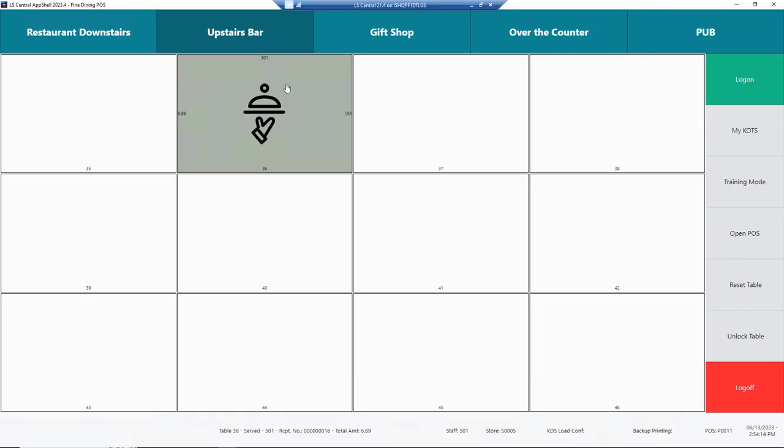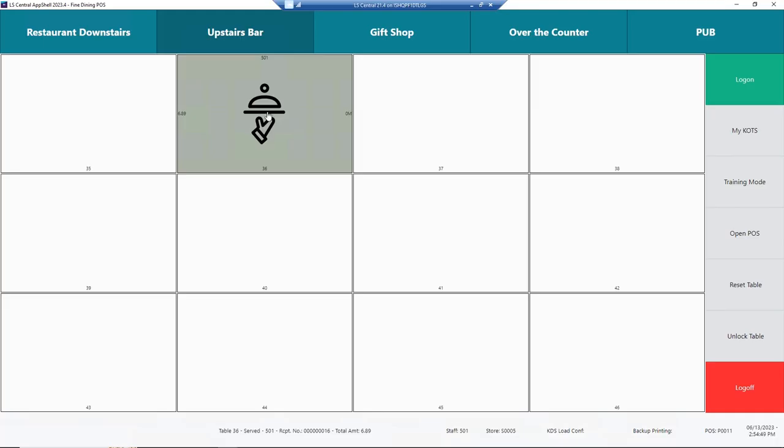Now the people who were sitting on this table are going to go into the restaurant. And in the restaurant, you really do not pay at the bar and then pay again for the restaurant. You pay it all together at the end of the evening, right? So what can we do? We need to transfer this table to the restaurant. And yes, of course, you are all doing this with me, right? If not, you have to practice it afterwards.